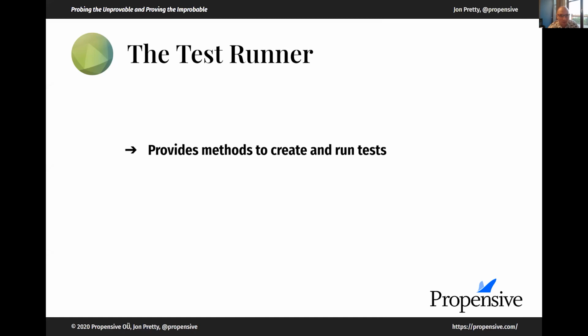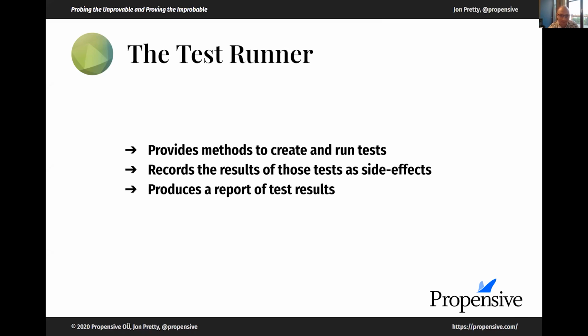So the test runner object that I mentioned, this is the thing that is conventionally called test. It gives us the methods to create and run tests. And it will record the results of running the test as side effects in its internal state. That state is not accessible, but it is recorded. It's not accessible until you produce the report at the end. So you run a series of tests, you then run test.report, as I showed you, and that gives you back an object which represents the results.